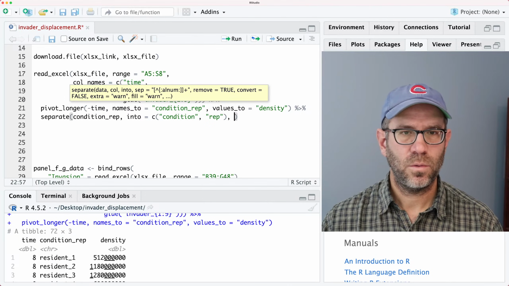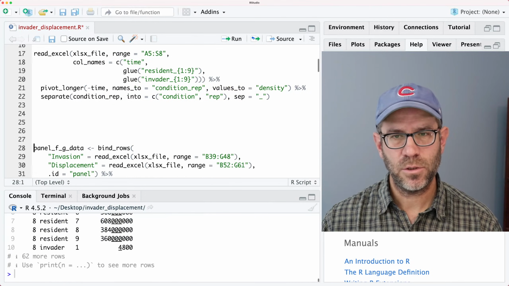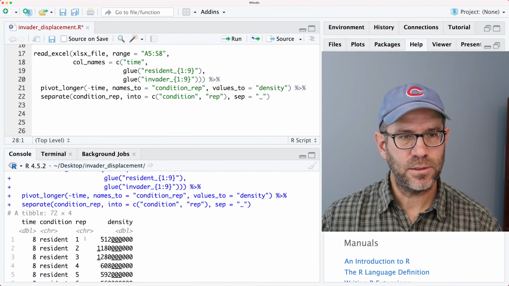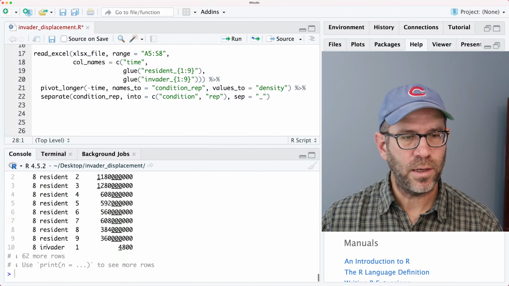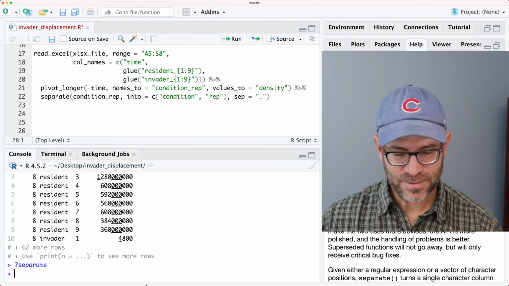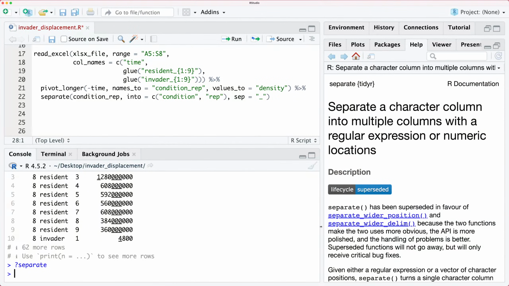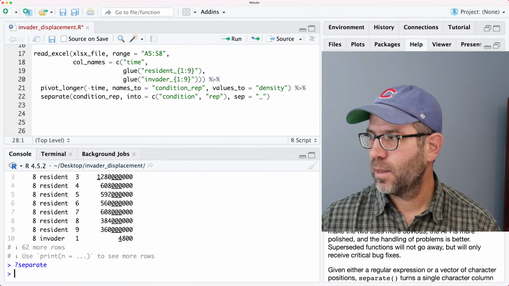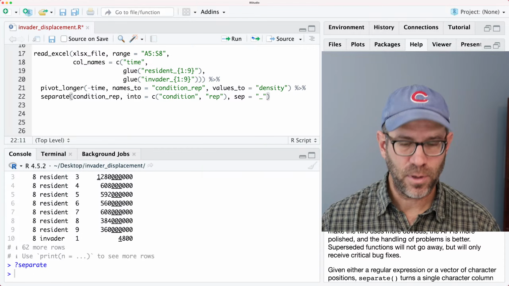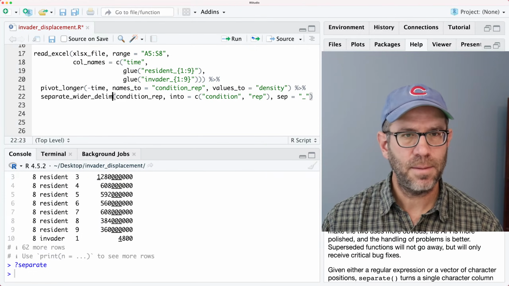And then we'll do sep equals underscore. And so then we can see that separates the condition and the rep. Actually, it didn't complain, but let's figure out what that new function is. I remember seeing that separate has been superseded by separate wider delim. So clearly separate works, but let's do separate wider delim,